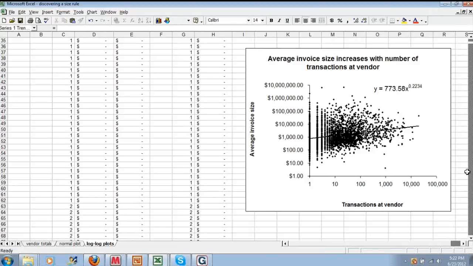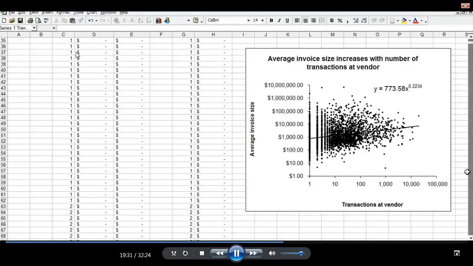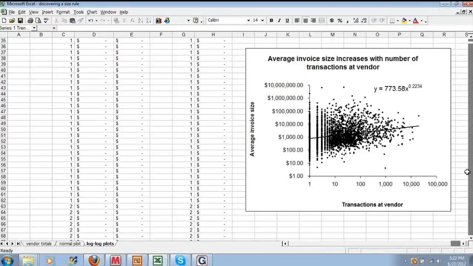That means that a small vendor not only submits few transactions, the average value of that transaction is small. So you've got a linear, or not actually linear, but a consistent relationship between invoice size and vendor transactions.